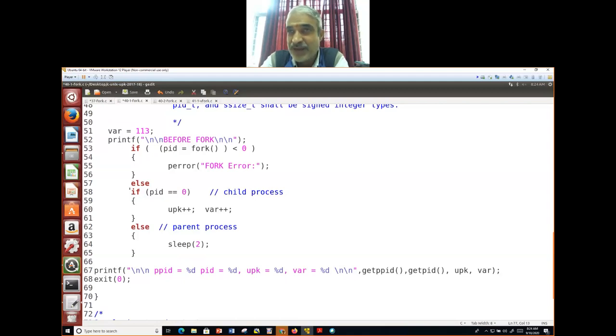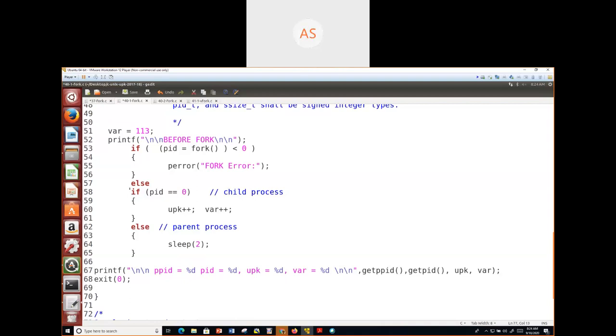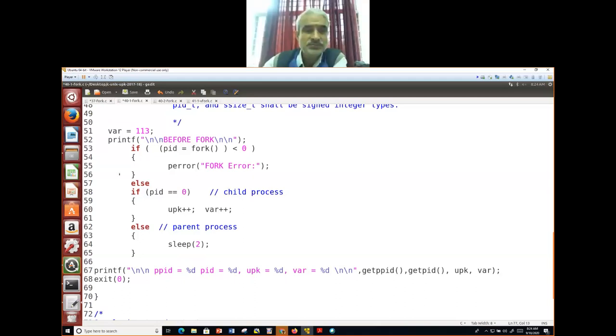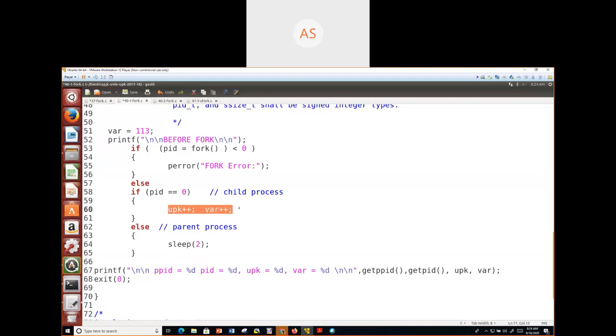Yes, sir. Please remind me. I will take some diagrams beyond the syllabus in the next class and explain this particular thing which we have gone through a little bit. It is beyond the scope of this. Thank you, good question. This is the way you people have to think, which will help you with placement-related preparations. Good. Sir, when the fork system call is called, in the child process, does the execution start from the next line